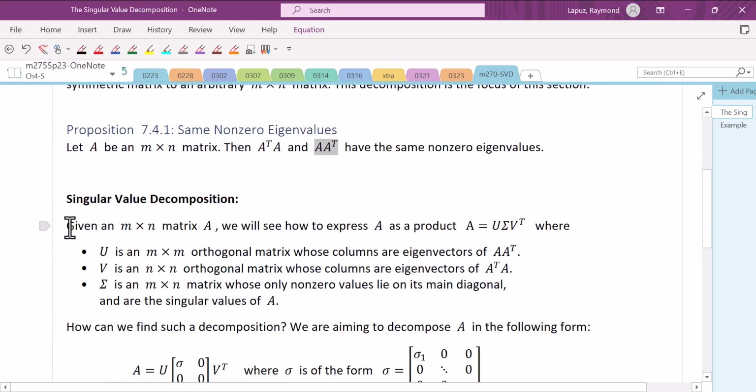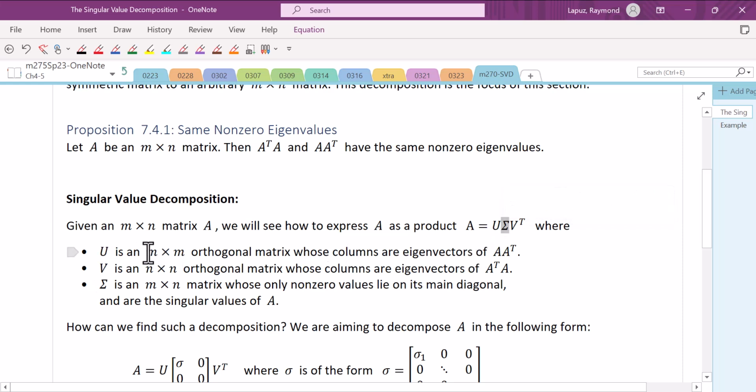A singular value decomposition is that we'll start off with an m by n matrix A, and then we're going to try to write A as a product of three matrices. So again, it's like diagonalization, but because the sizes are going to be different, we're going to have to work this out carefully. So it's going to be U times the matrix sigma. Now I know we're used to seeing this symbol as if it was a sum, but we'll use this as a name of a matrix, sigma.